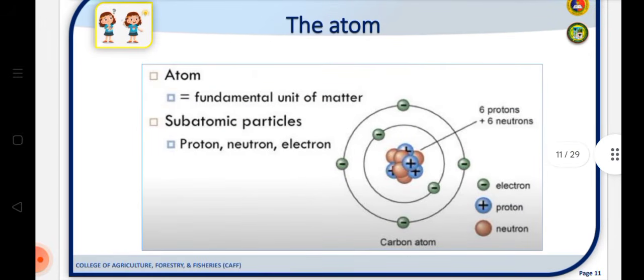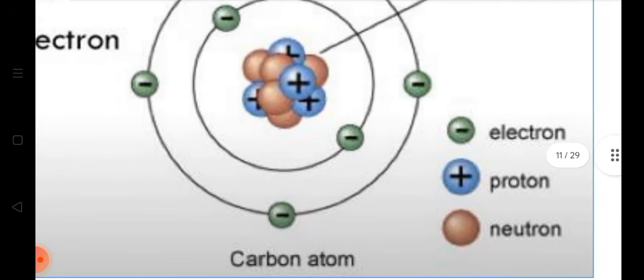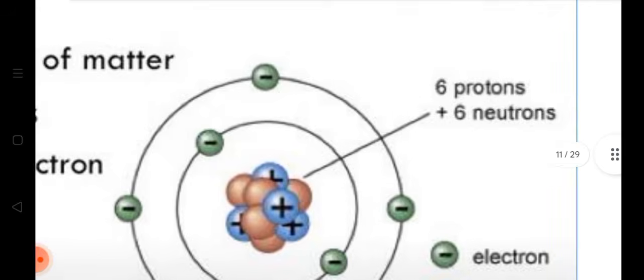Okay, in continuation to the chemical basis of life, we have also discussed that matter occupies space and has mass, and the fundamental unit of matter is called atom. So in an atom, we have also discussed this in organic chemistry, right? We have three subatomic particles. So we have proton, the positively charged subatomic particle, then we have neutron, no charge or neutrally charged, and electron, the negatively charged particle. So remember, class, that at the center containing protons and neutrons, we call that the nucleus,